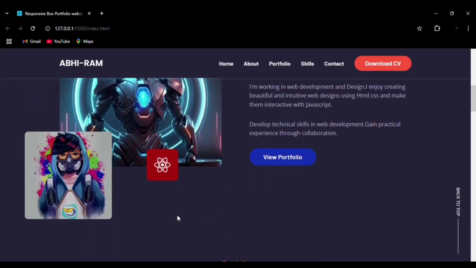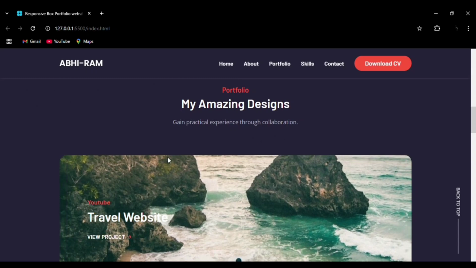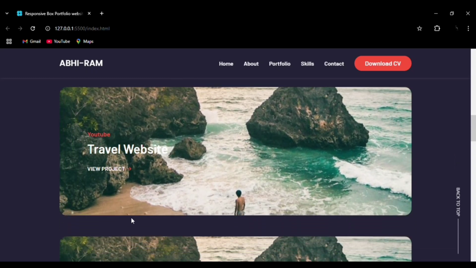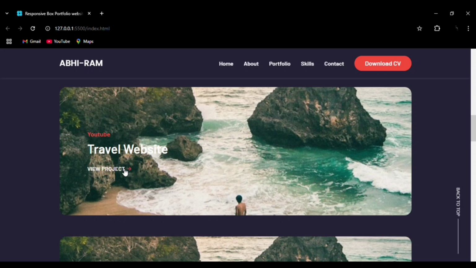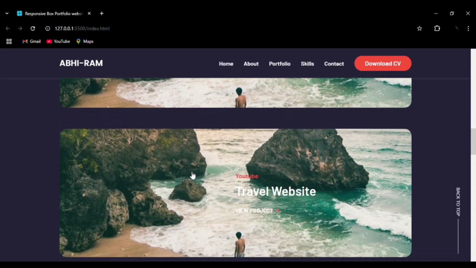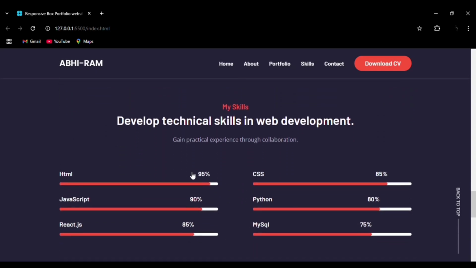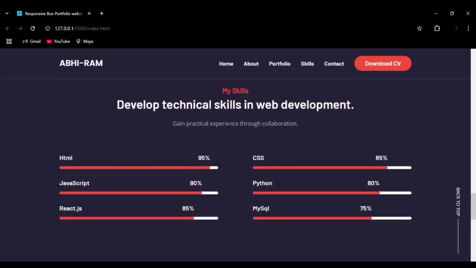Then we have the portfolio section, and you can see the hover effect on it. Zoom in, and you can see the button here, view project button, and you can implement as many projects as you want. Then we have the my skills section, and by using the bar, this is done by using CSS